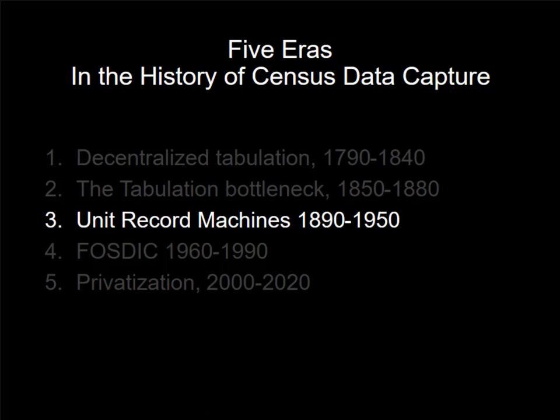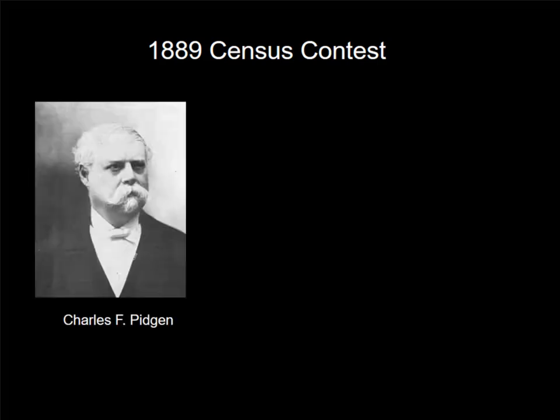So in order to deal with this problem, the Census Office decided to have a contest, the 1889 Census Contest. And 3 inventors submitted their solutions. They're all based on the same idea. The first was Charles F. Pidgeon. He was chief clerk of the Massachusetts Bureau of Labor Statistics, and he developed a system using cardboard chips